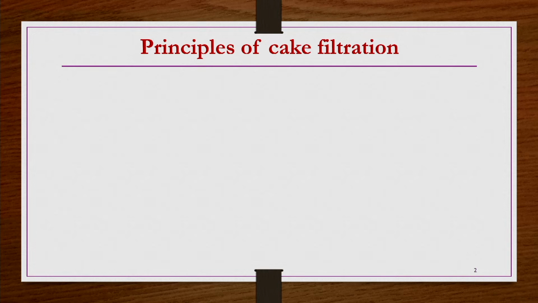So, in cake filtration we have seen there is a kind of filter medium onto which, normal to the surface of the filter medium, the slurry is allowed to pass through. Whatever large amount of coarse particles are there will form a layer of particles, which is known as cake formation. So, under such conditions, what are the working principles, those things we are going to develop now.